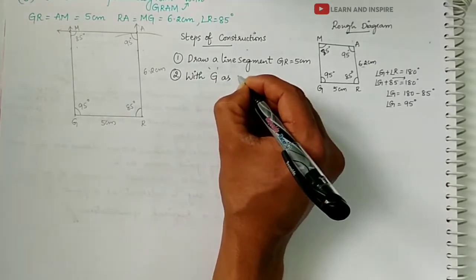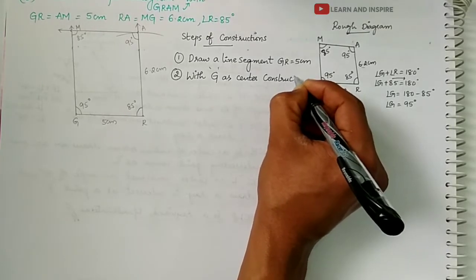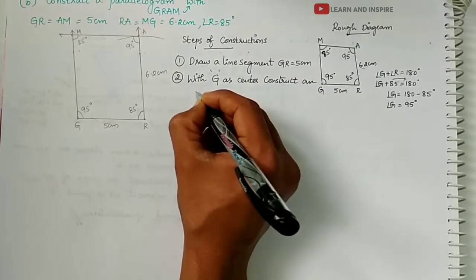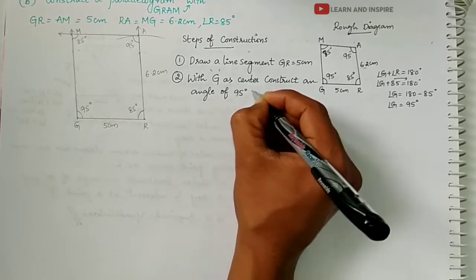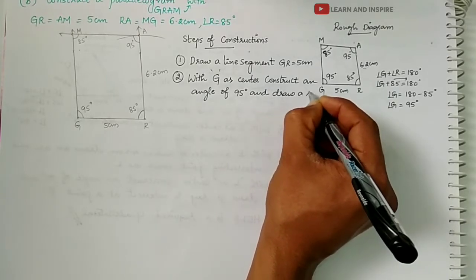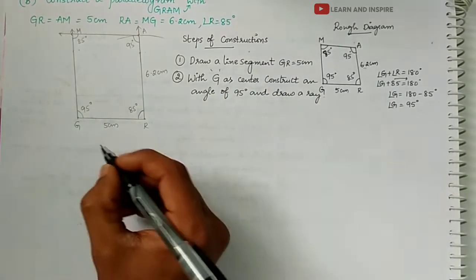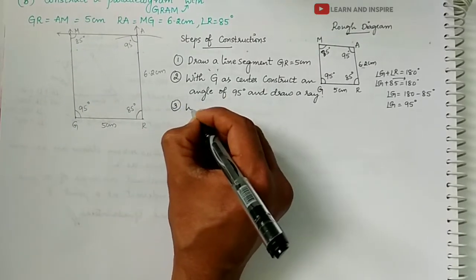With G as center, construct an angle of 95 degrees and draw a ray. Step 3, with R as center,